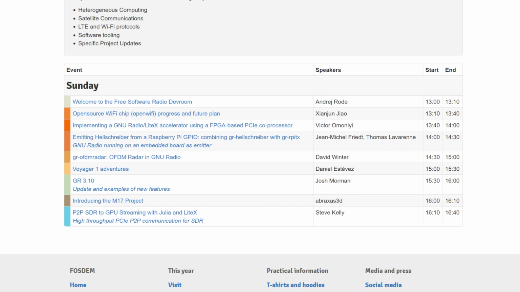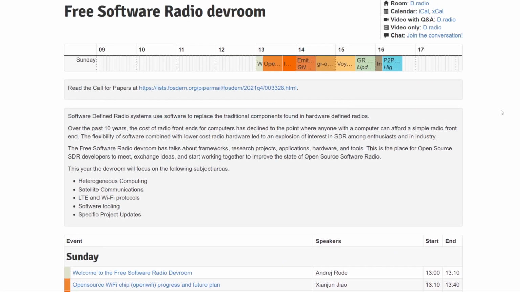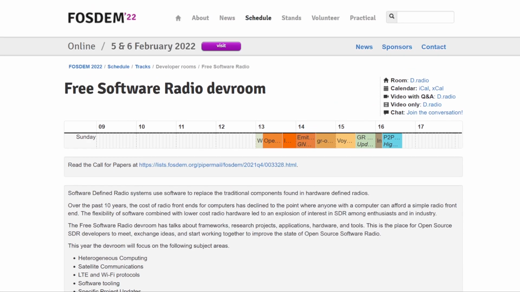and open source software. So if you're interested in these, please do check out the event. It will be live streaming on February 6th, the Sunday, and talks and videos will be posted and linked from the schedule after the event. If you are already in the GNU Radio chat, I'm pleased to say that the FOSDEM chat system is going to be directly integrated with ours, so you'll be able to join the conversation without creating a new account. We'll link to the rooms as soon as they're created.